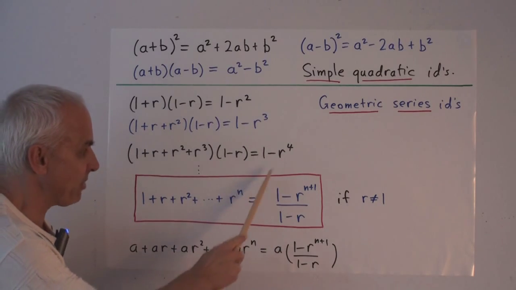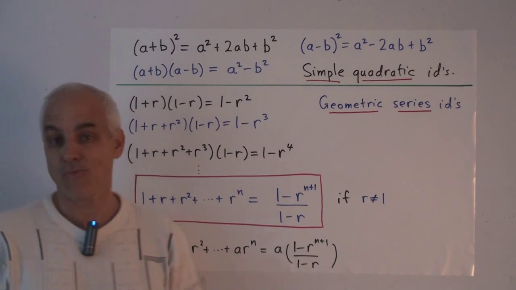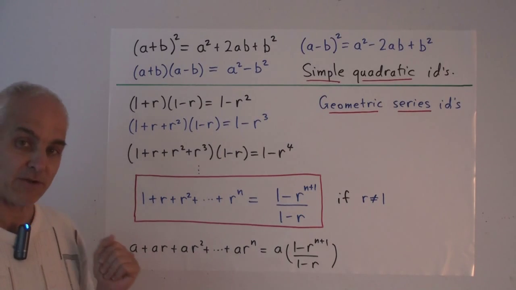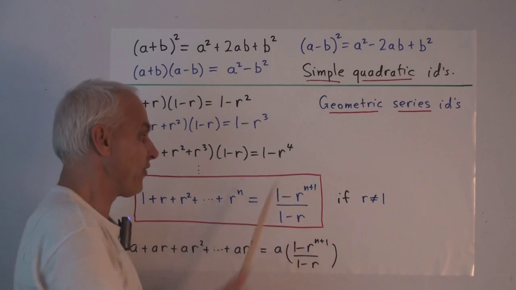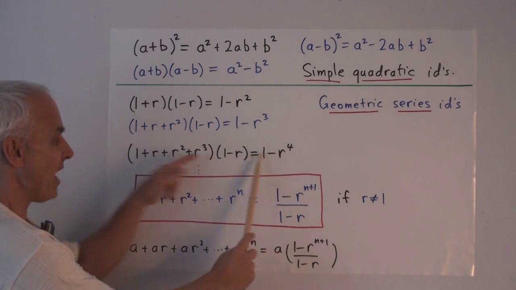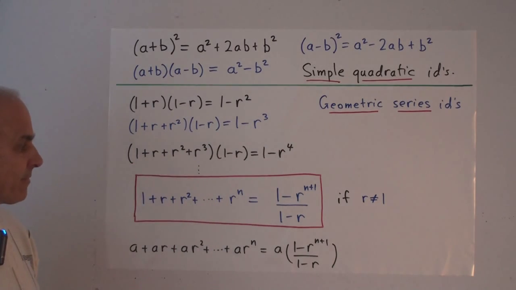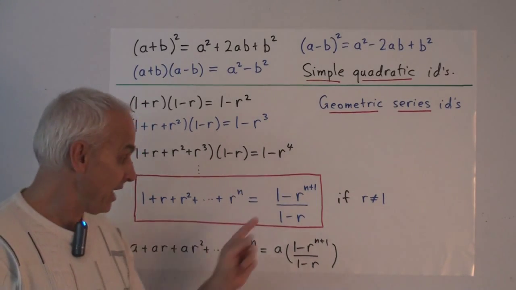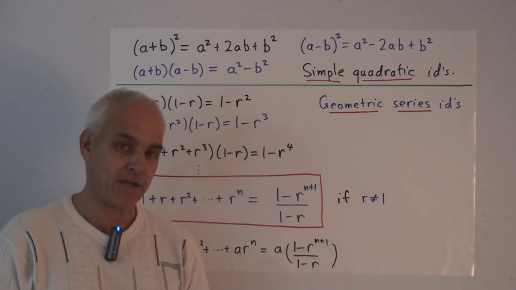So in this context, the n represents a natural number, while the r is potentially a rational number. And this very important formula is a geometric series formula. 1 plus r plus r squared all the way up to r to the n is (1 minus r to the n plus 1) divided by (1 minus r). It's what we get when we take an expression like this and divide by the 1 minus r. That would be the case when n is 3. And because we're dividing by 1 minus r, it's important to remember that the formula is only valid if this denominator is not 0. So we have to require that r is not equal to 1.